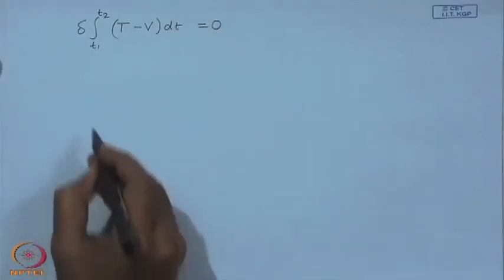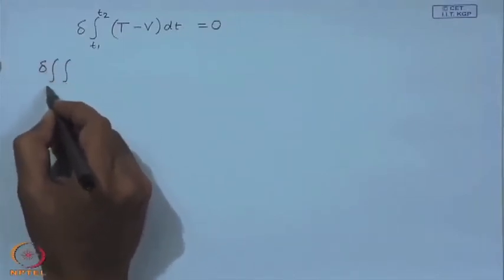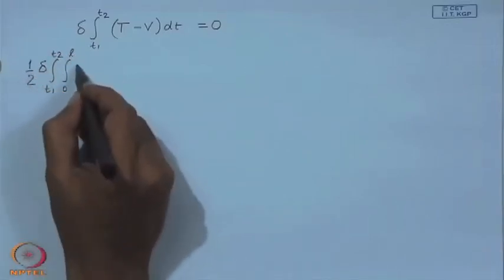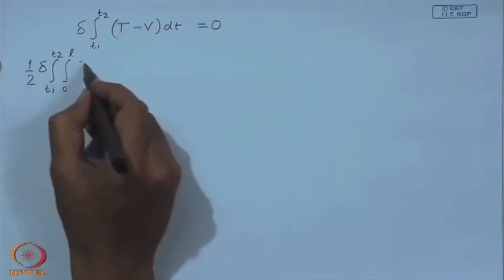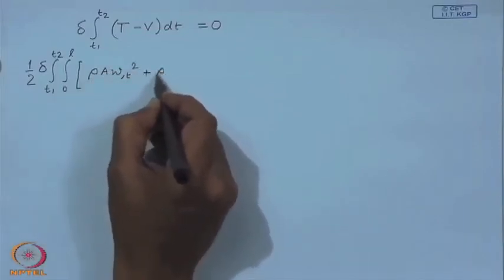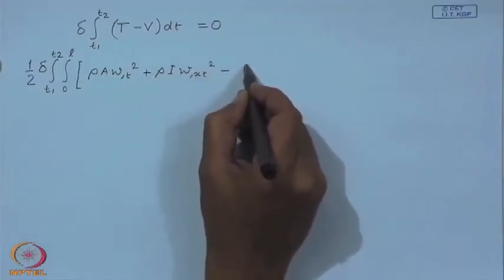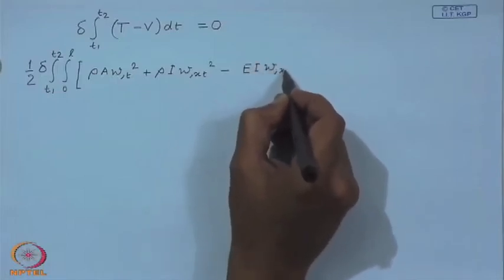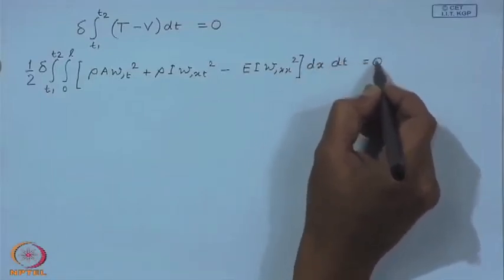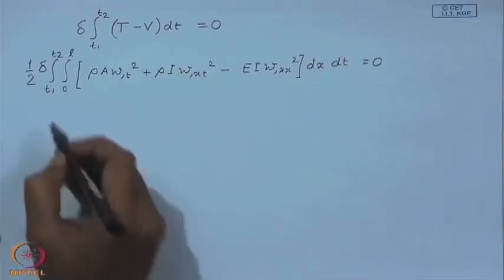we write it like this mathematically. So, this turns out to be, so this is the statement of Hamilton's principle. So, when you take the variations,